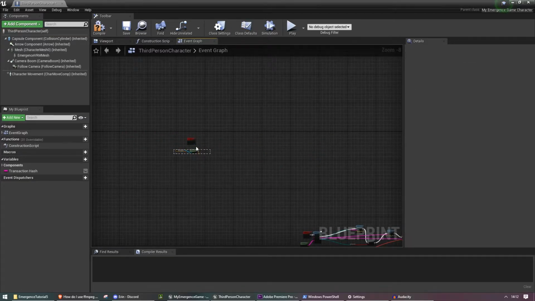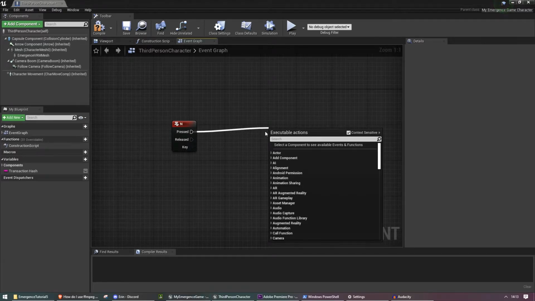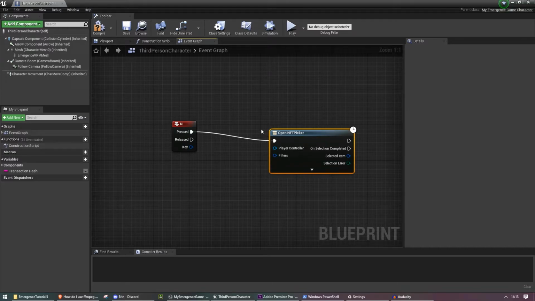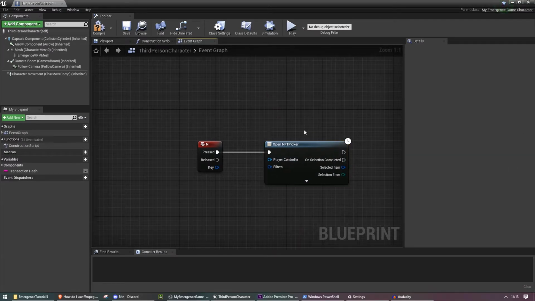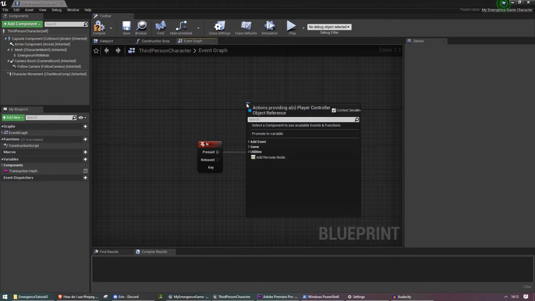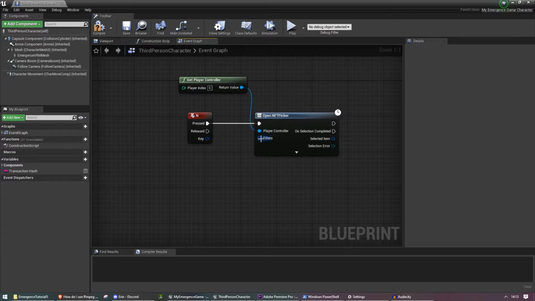Just going to reuse the N event. So let's search NFT picker, which will do open NFT picker. You need to plug in a player controller. As we're in a single player game, we're not going to worry about getting the actual player controller properly. I'm just going to assume that it's the 0th player controller at all times. So we're going to do get player controller, player index 0. So